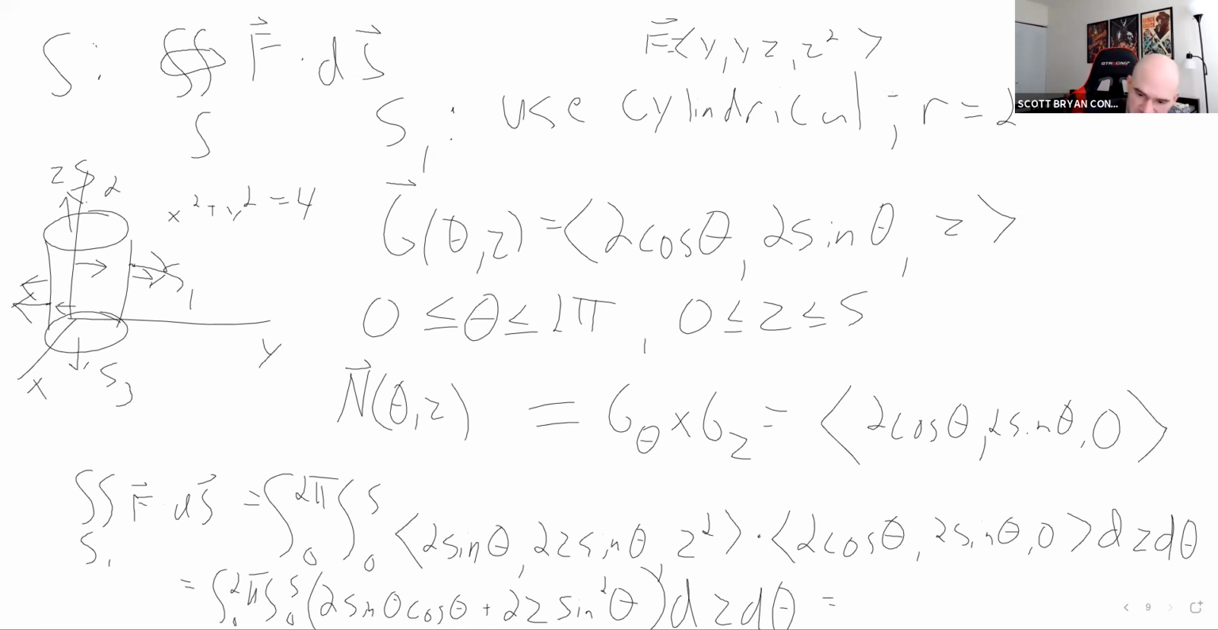Yes, 4. Sorry. Yep. Trying to go too quickly here. Yep, 2 times 2 for each of these. So they're both 4. You're right. And we should be able to evaluate that. We get 50 pi